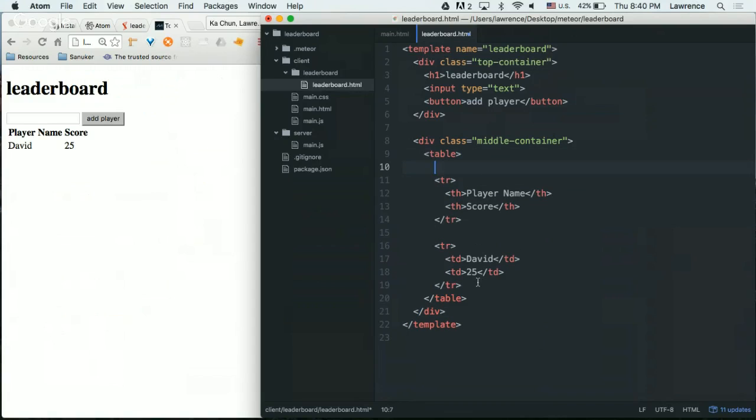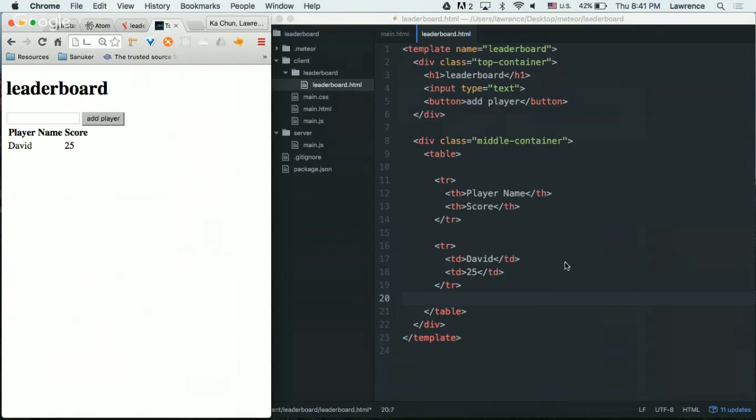If you do not understand, just try to copy what I'm typing. Be careful on the indentation. Remember, each row consists of 2 TH or TD things.